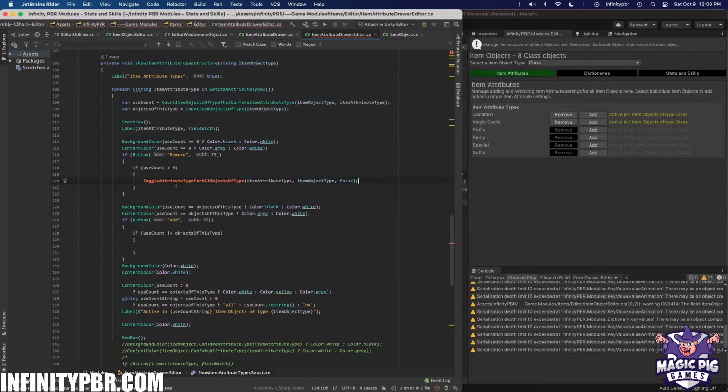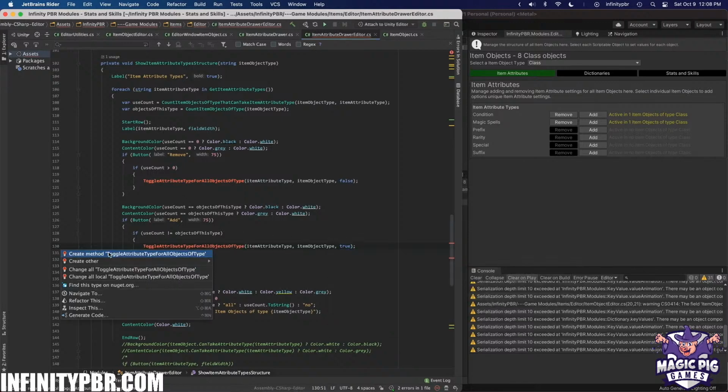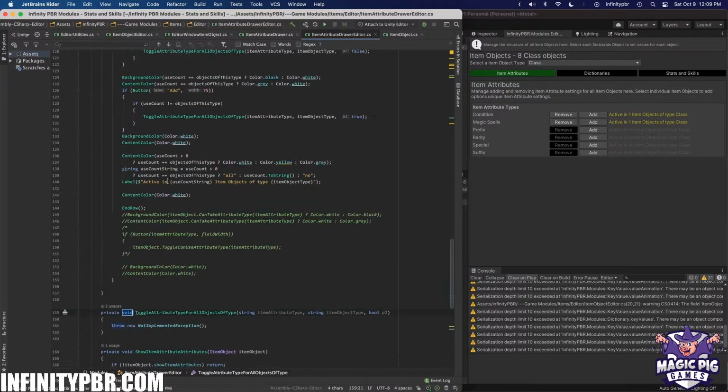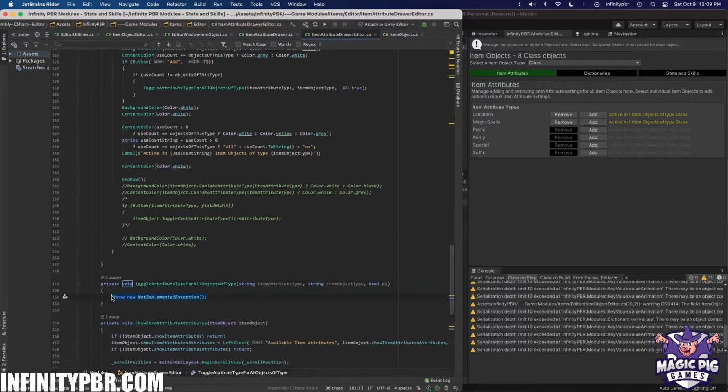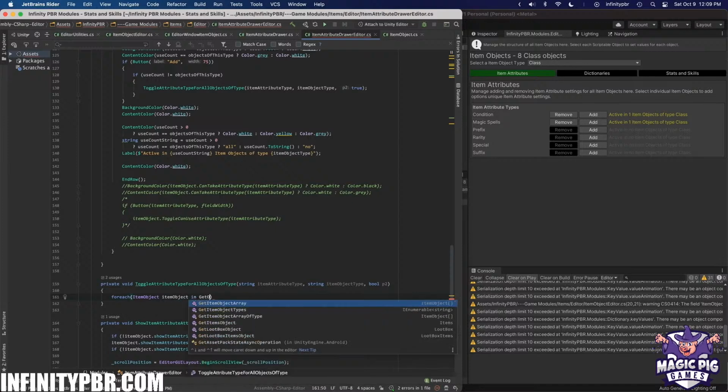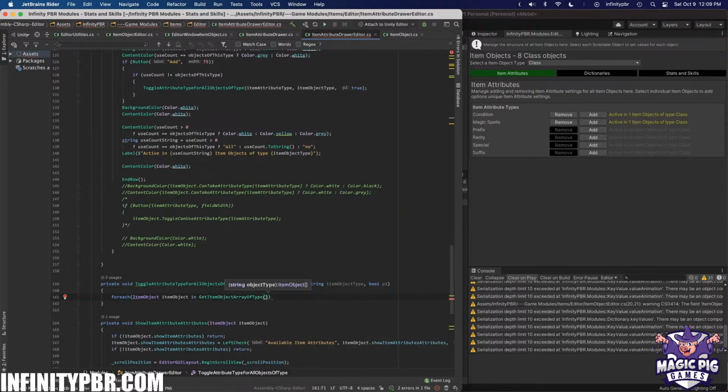So we're going to turn it off. This is going to be toggle true. And all we're really doing here is saying for each item object in get item objects array of type item object type,